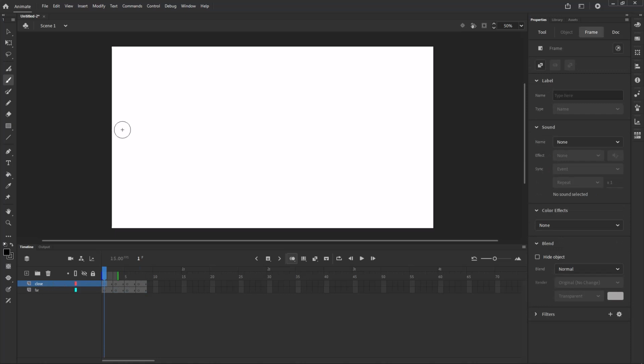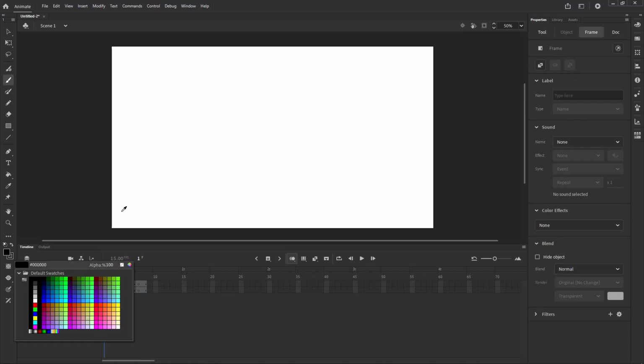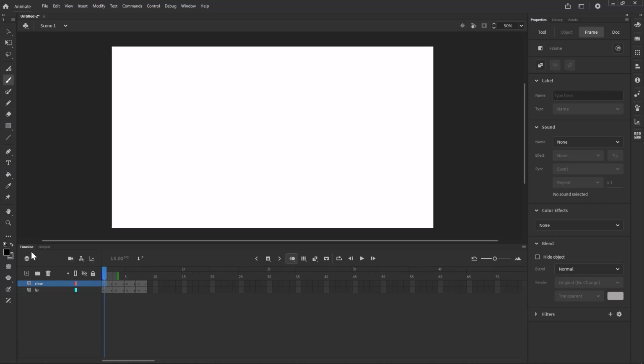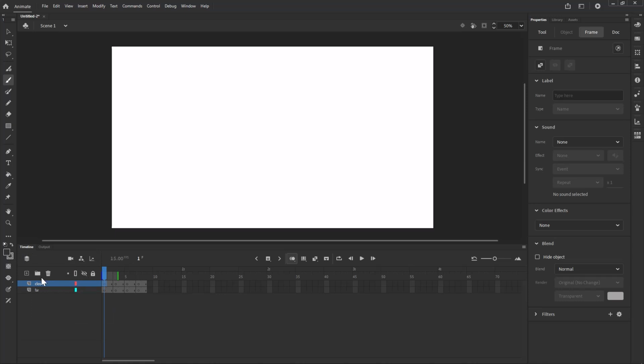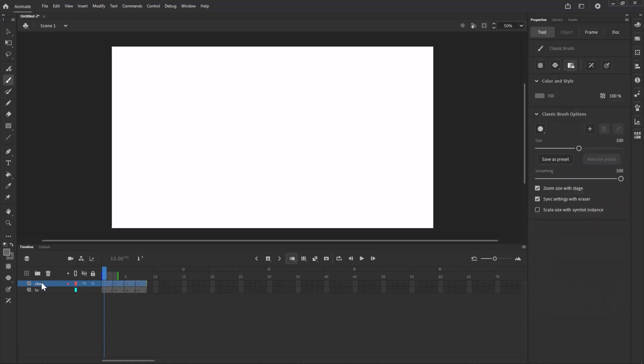I simply want the close part of the body and the far part of the body on separate layers. So I'm going to select the color, maybe this shade of gray. And for the next one, I'll use a darker shade of gray. So on close now, I'm going to draw